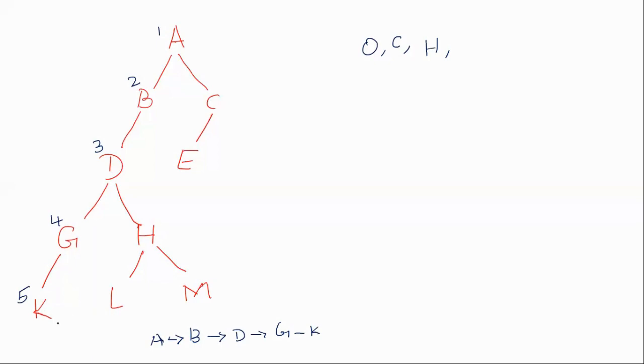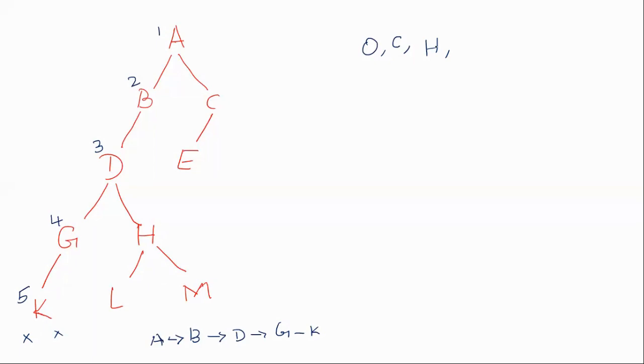As K is processed, next what will happen? Here it will check for the left child. Is there a left child? There is no left child. First of all, there is no right child, and now there is no left child also. So the pushing onto the stack will stop. Now we'll start popping from the stack.